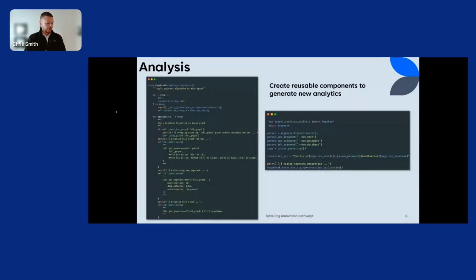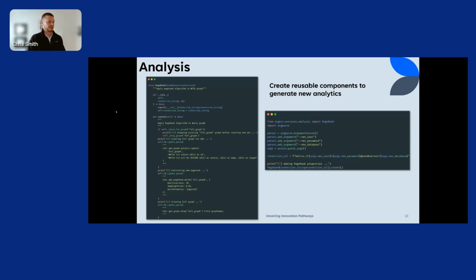So we're all familiar with this problem that I'm about to talk about, right? And that is, how do we package up cool analysis that a data scientist might be doing inside of a Jupyter notebook, or in a maybe not as clean code base? How do we package that up and give it to our software developers as a modular, reusable component to generate analytics graph-wide? One way to think about this is just isolating that functionality into its own object,